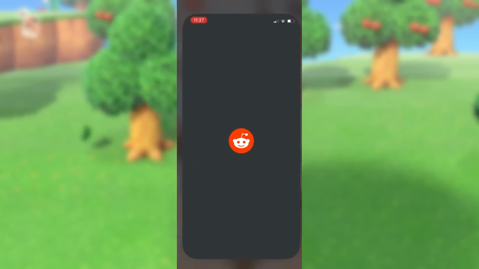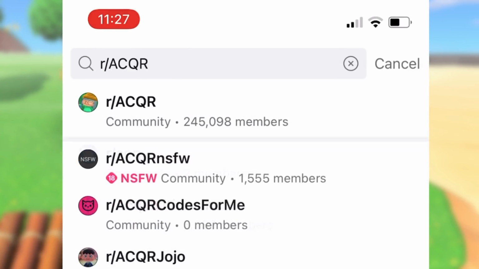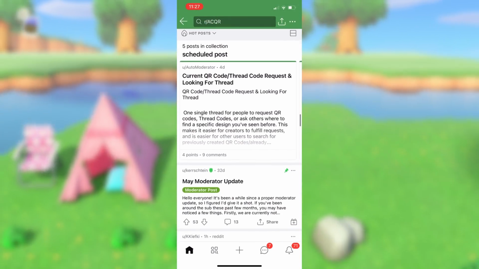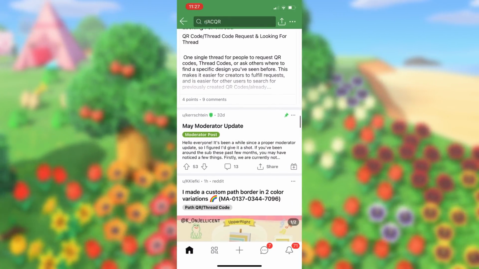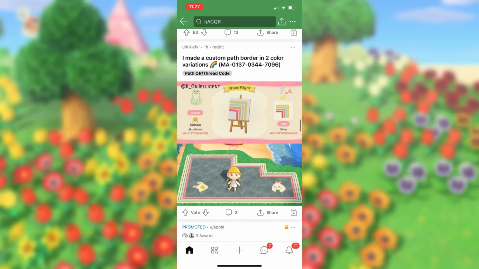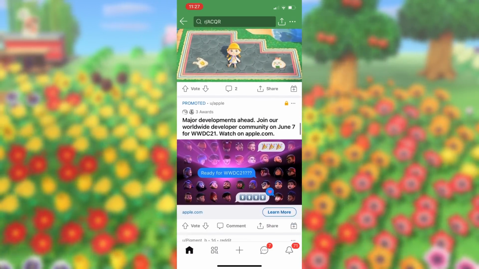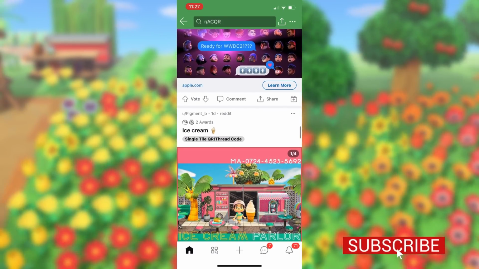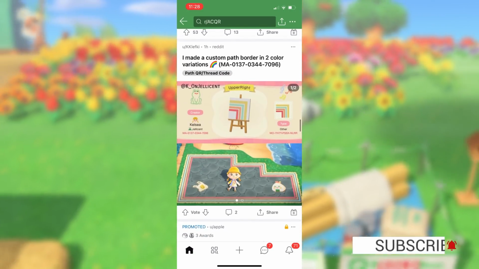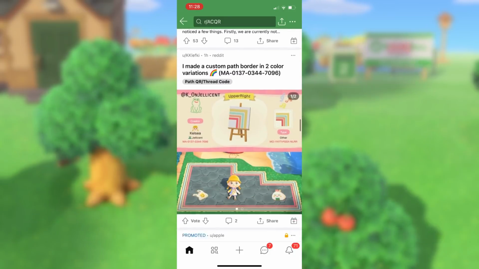Once I've exhausted my Twitter searching, I always move to Reddit next, and I go specifically to the ACQR subreddit. There are so many talented designers who post their work here, and it was especially popular right as Animal Crossing New Horizons was released. There are definitely many oldies but goodies here in this subreddit, but it's also updated every day. People are still posting their new designs, new players are bringing fresh takes every day, and it's just a really cool central place where you can look at designs, especially if, like me, you don't have strict